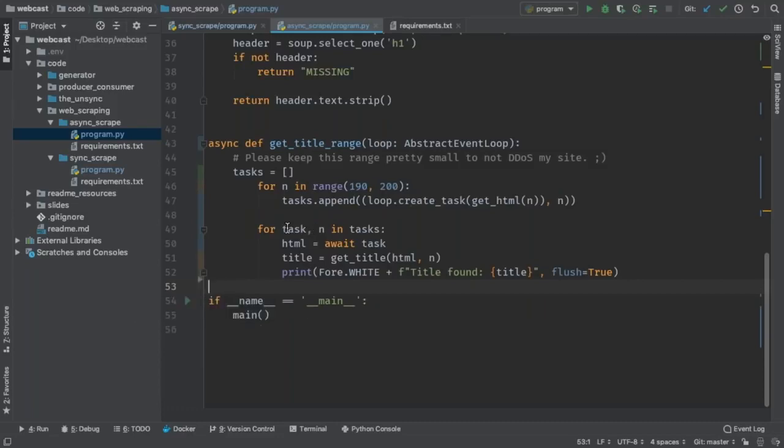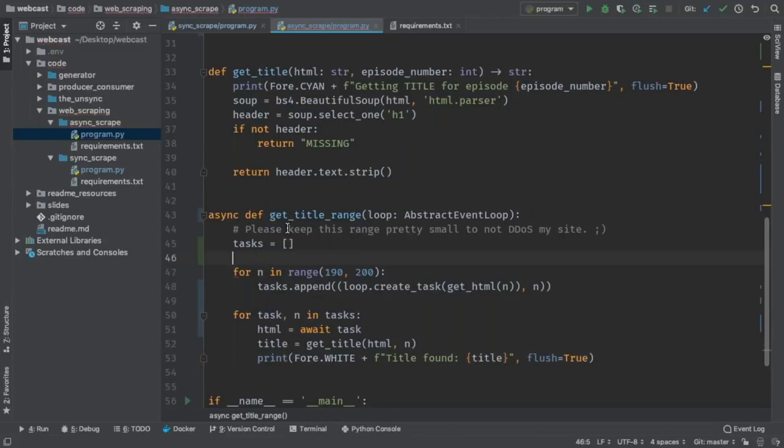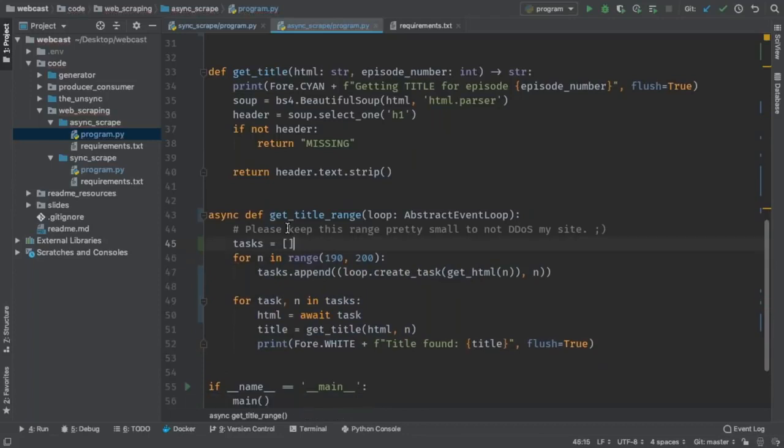All right, next one. Feel free to say way too much for this one. How can I do multiple database requests with Async IO if I have SQL Alchemy, which is not Async IO compatible?